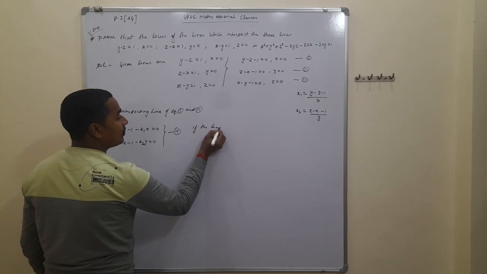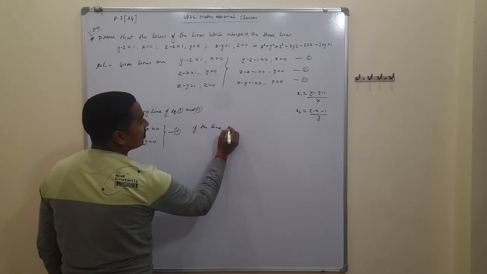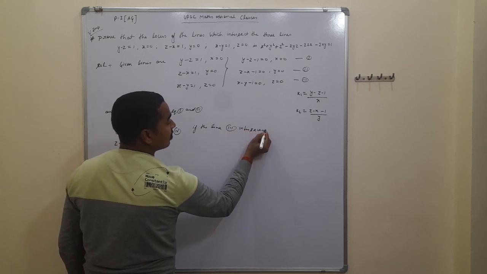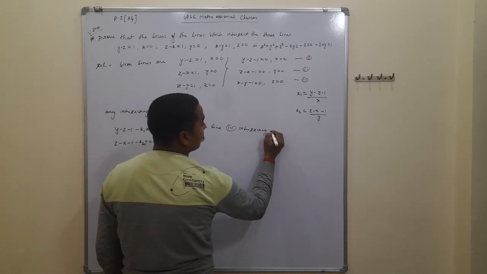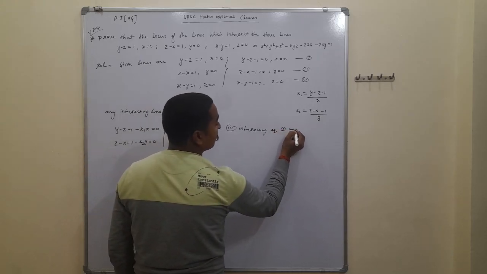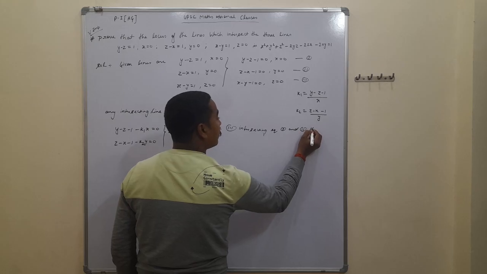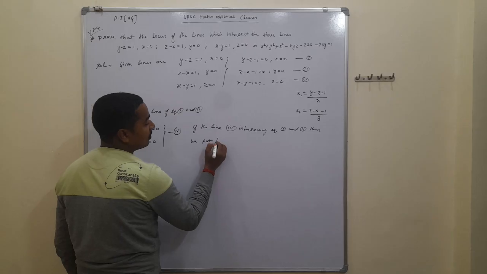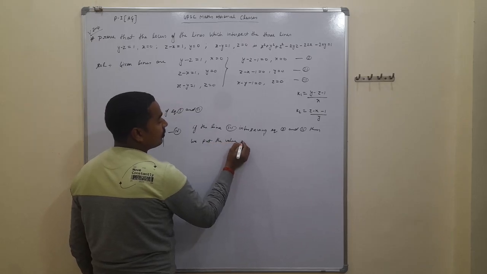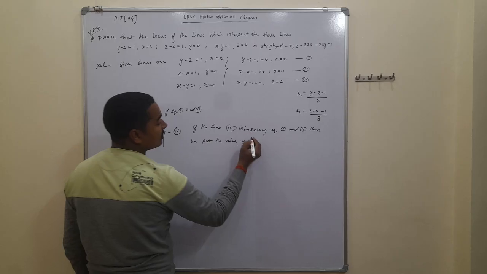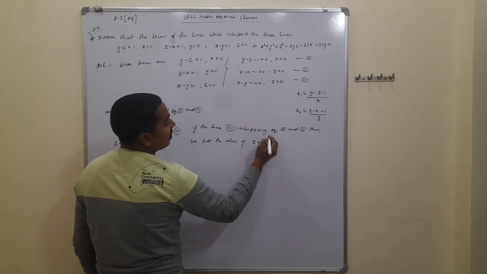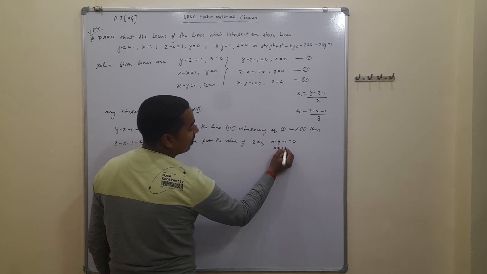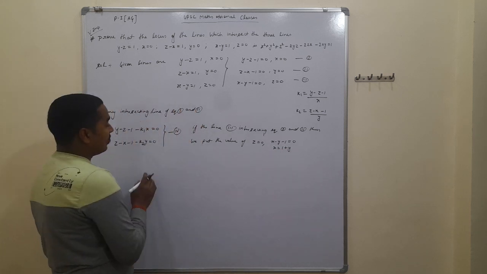If the line third intersecting equation first and second, then we put the value of z from equation 3, that is z is equal to 0, and x minus y minus 1 is equal to 0 can be written as x is equal to 1 plus y. In the equation fourth,